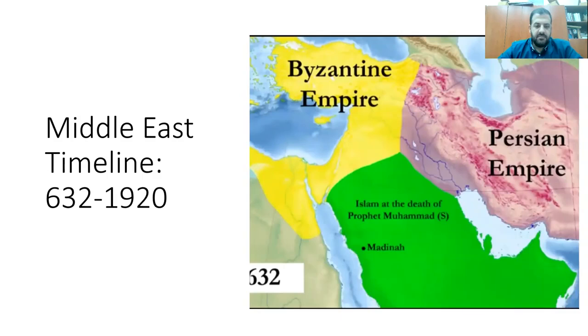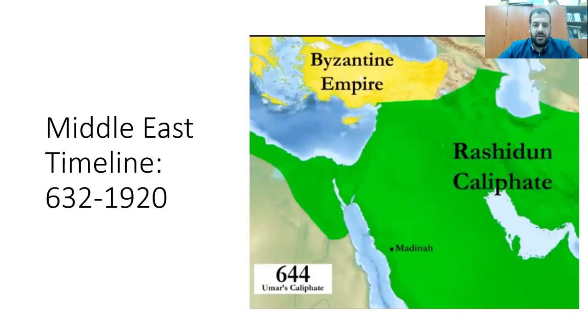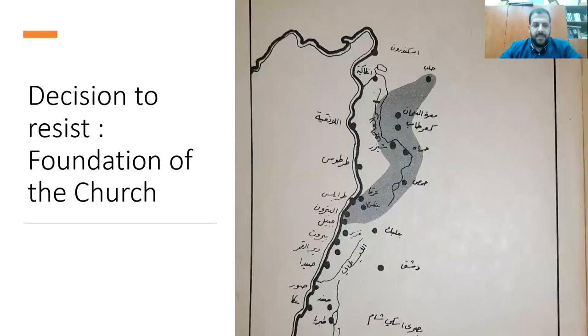In the 7th century, in 632, the newly founded Islamic State conquered the region, and it managed to conquer the Syriac regions, mainly today's Syria, Lebanon, Jordan, and Palestine. So, of course, these Christians had to choose between converting to the new religion, living as dhimmi under the protection of the new empire, or leaving the regions. The Christians who decided to resist this conquest became known as the Maronites, or the followers of Saint Maron, and this is where